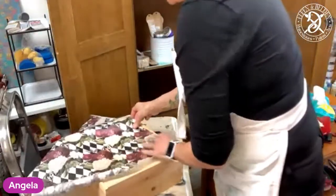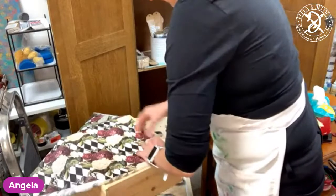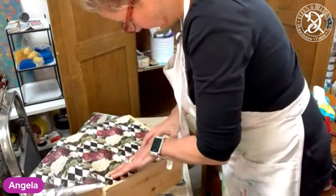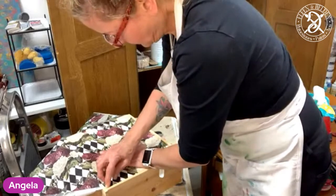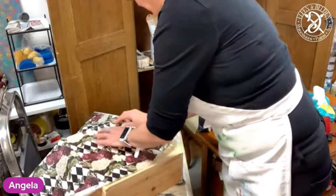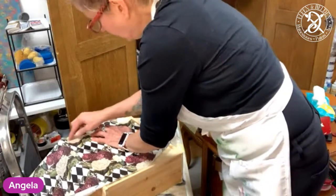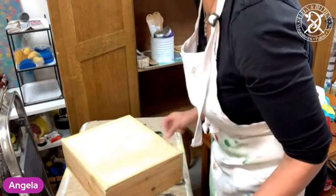You've seen I've turned it around and I'm taking my measurements from the back. Now I am laying it down and I am putting a crease on those edges here. That's what I usually do with drawers or something like that. That's the way I do it. I turn it around and I make a crease on the back of the drawer, because this basically gives you the exact shape of